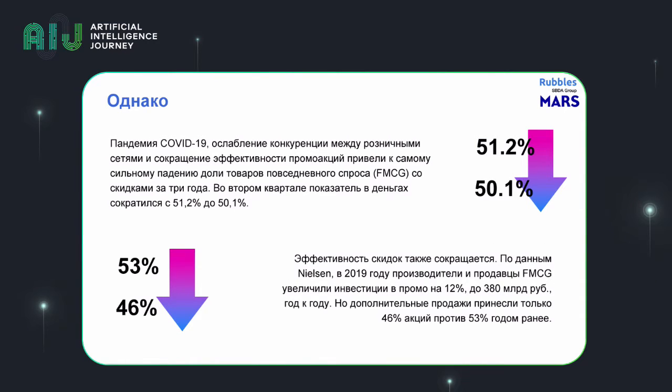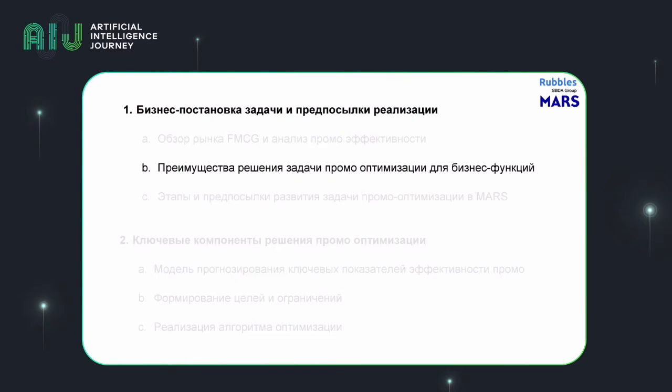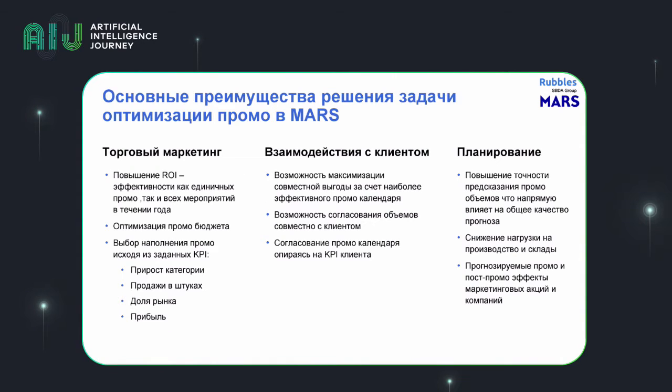What 2020 has shown is that for the first time over a long time, the share of goods sold in promos went down despite the increase in budgets. Therefore, you will actually see here like a 7% increase, which is a very rare occurrence. What is important to any manufacturer now is how to manage their promos successfully, and machine learning can certainly play a role here. That we will cover a bit later, though.